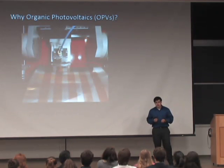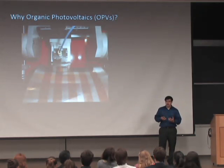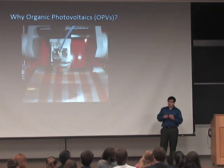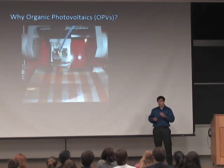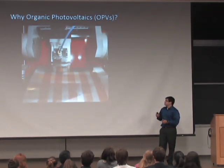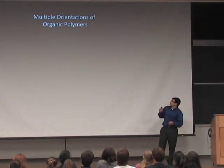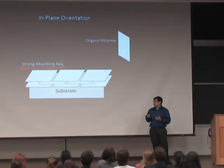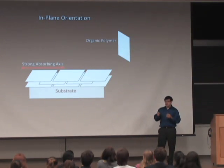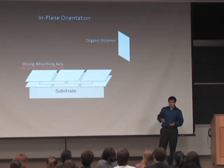So what the Schuler group wants to do is find a new approach that can enhance efficiency, and this approach we theorize to be taking advantage of optical anisotropies or directional dependencies in organic polymers and optimizing them so we can enhance efficiency. So what that looks like is some organic polymers have different orientations that are process dependent and can form these orientations depending on how you apply them to your sample,